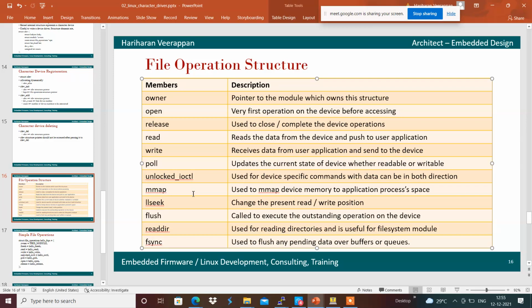And we can use llseek to change the present read and write position of the read buffer, that we are able to do. And we have something like a flush, which basically terminates or executes the current outstanding operations on the